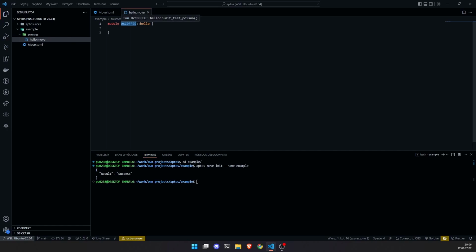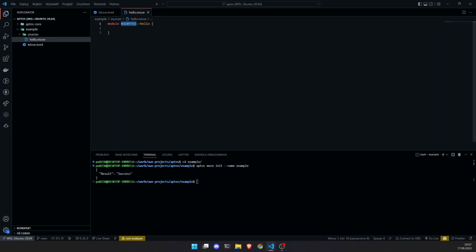Because, as I said before, in here needs to be the address with which this module will be related in the future. So that's why it is like this. We may also pass the deployer address or publisher address, because Move modules are not deployed, they are published, so that's why I called it publisher address. To pass the publisher address, which is our desktop publisher, we